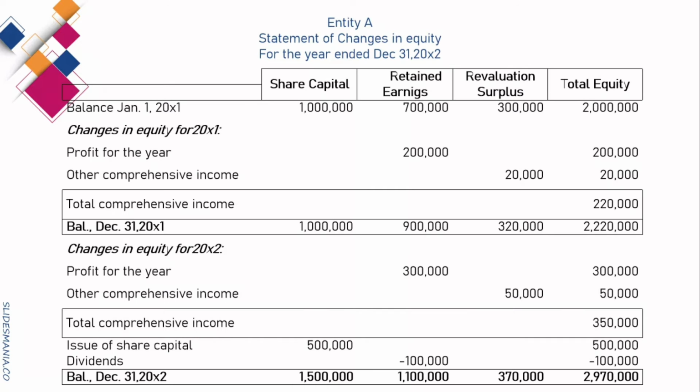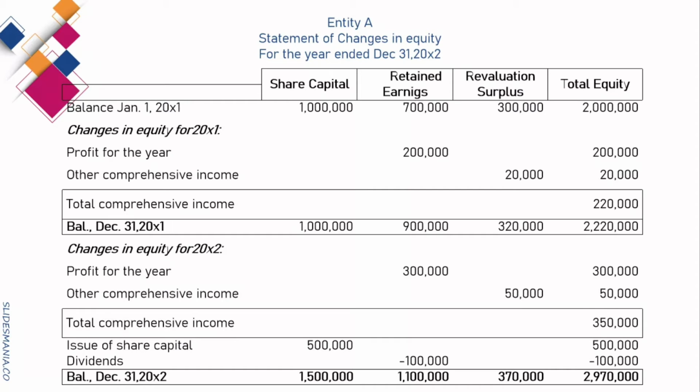The record for 2000X1 may reported profit daw na 200,000. So ilalagay natin to as profit for the year under retained earnings. And yung total comprehensive income daw is 220,000. May difference na 20,000 so ilalagay natin yung 20,000 as other comprehensive income under revaluation surplus. So the balance for December 31, 2000X1 is 1 million for share capital, 900,000 for retained earnings, 320,000 for revaluation surplus, with a total of